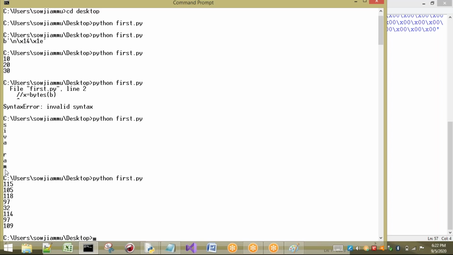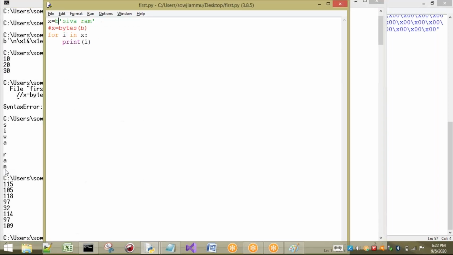Next, if you want to print the values, it is not going to print the values directly. It is going to print in the form of some code and some encoding type, like ASCII. Let us consider ASCII. If you want to store this string in the form of bytes, we can just place b in front of that string. So automatically it will store the ASCII Unicode of those particular characters into our bytes. So this is about bytes.